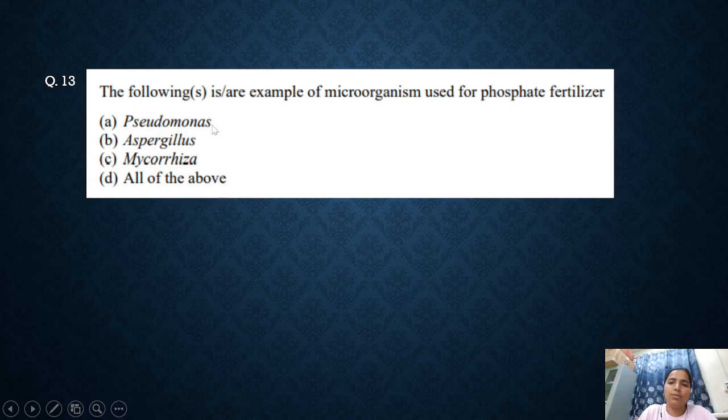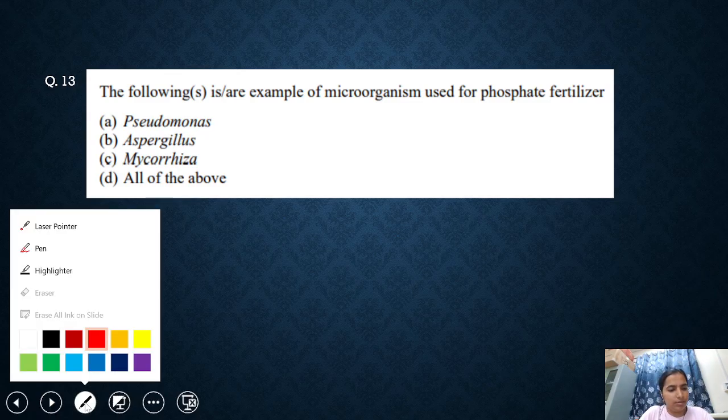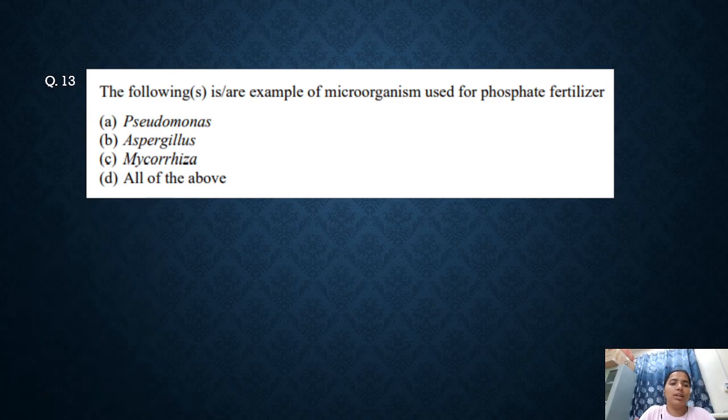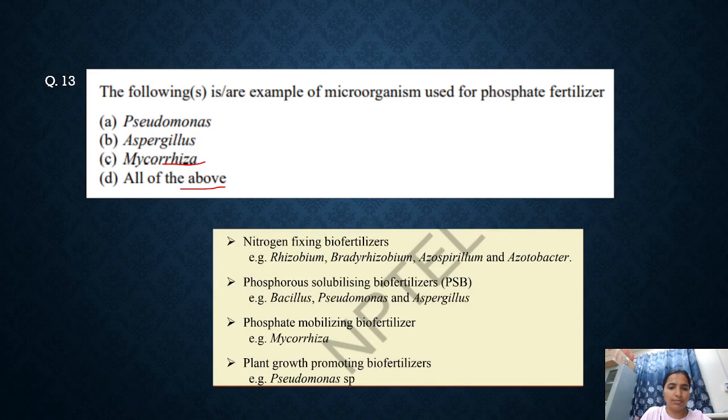This Pseudomonas that we normally use. Second one is Aspergillus. Third one is Mycorrhiza, and fourth one is all of the above. So all three microorganisms can be used for this phosphate fertilizer. For this question, you can see from this